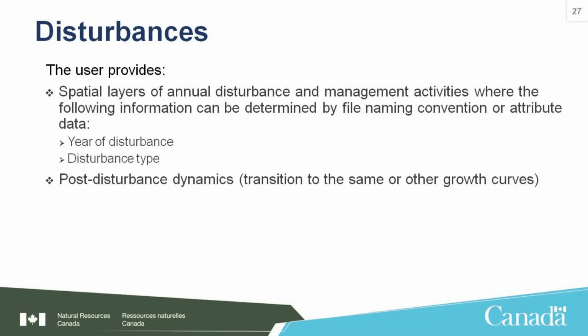In the GCBM, the user must provide disturbance information as spatial layers, raster or vector, where the areas on the map are wholly disturbed in the model, and the year and type of disturbance need to be obtainable either by file naming convention or attribute data, or a combination of both. The user can also then identify the post-disturbance dynamics or transition rule, that is, what happens to the stand after